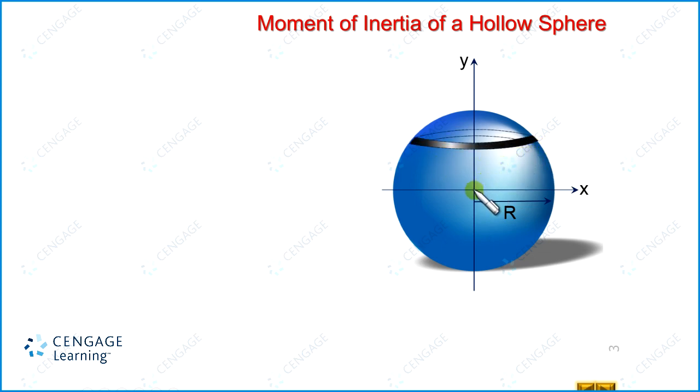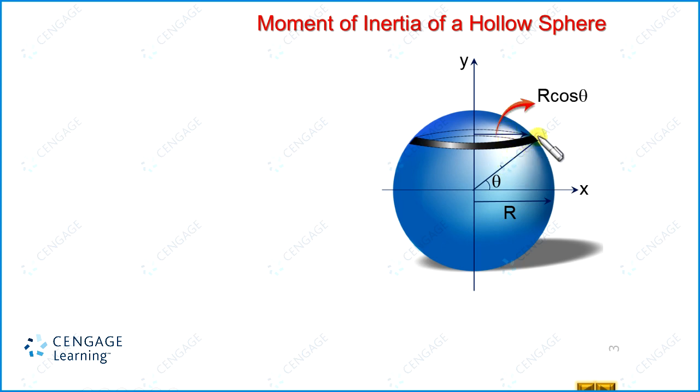Let us assign the position. Here we are going to define angular position. For finding the angular position, we will join the center of the sphere to the position of the ring. Let this angle be theta. So we call the angular position of this elemental ring theta. If we join the center of this elemental ring to this point, this will be the radius of this elemental ring, and we know this angle is theta, this will also be theta. That means the radius will be equal to R cos theta.